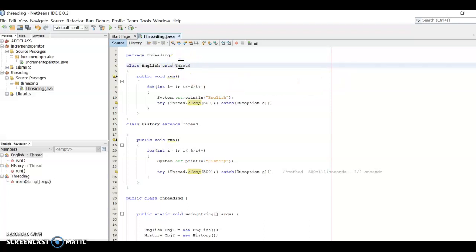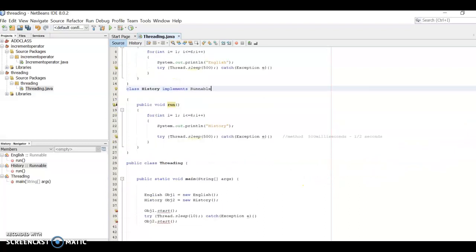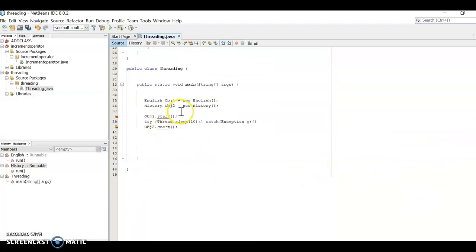When it comes to the Runnable Interface, we say implements Runnable, and then we can change this as well, Runnable as well. And then what happens here is that we can actually come up with